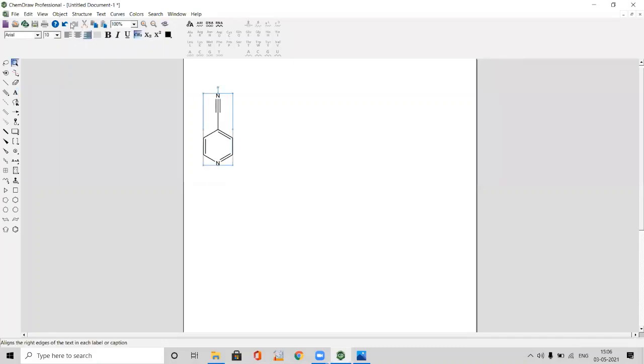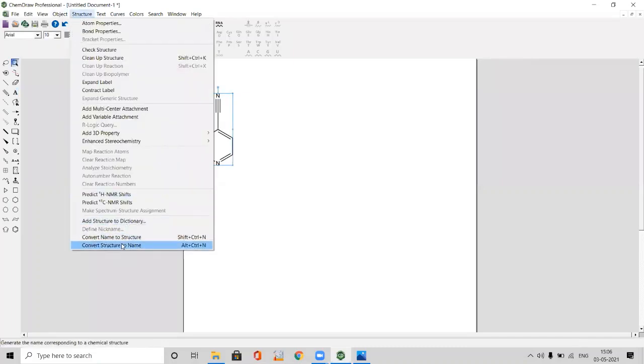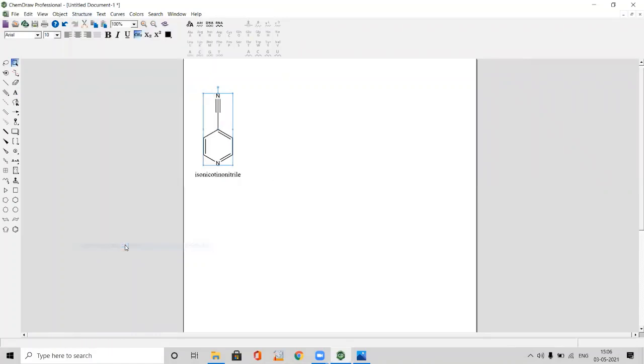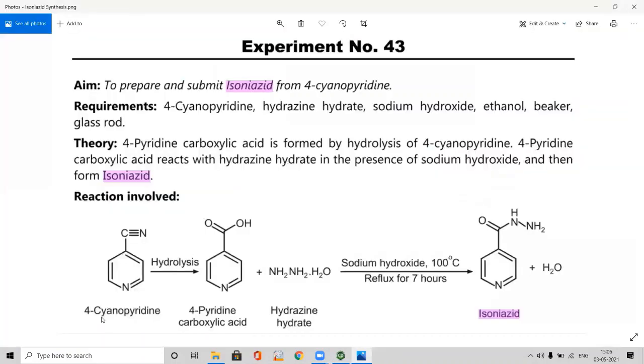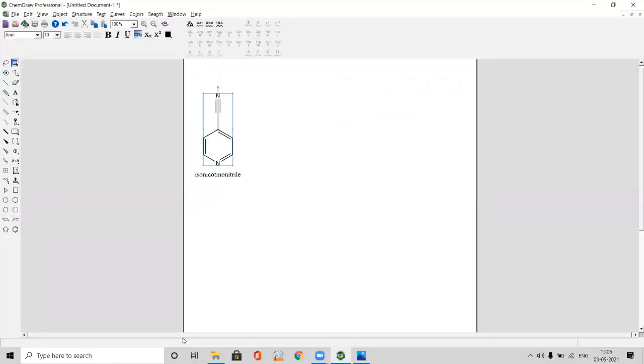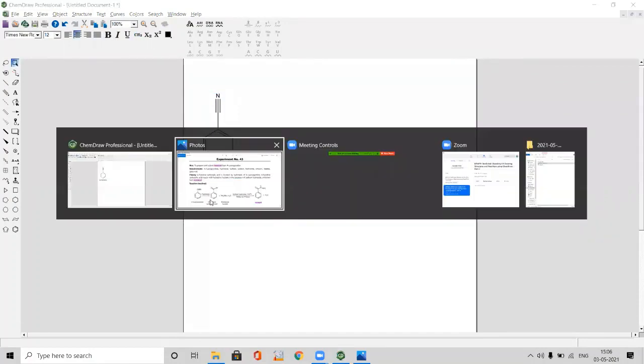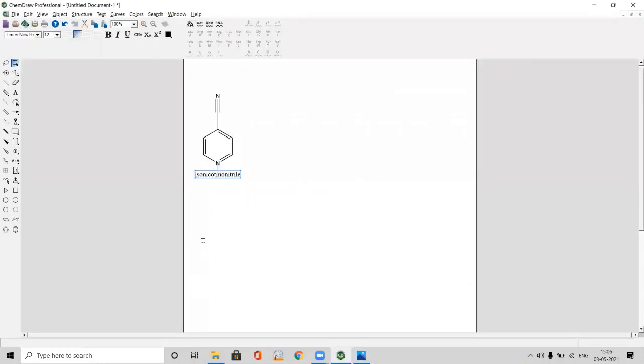Now let's draw the name. Isonicotinonitrile, or it has another name, 4-cyanopyridine also. By default the name came. If you don't want this name, you can type 4-cyanopyridine here itself.